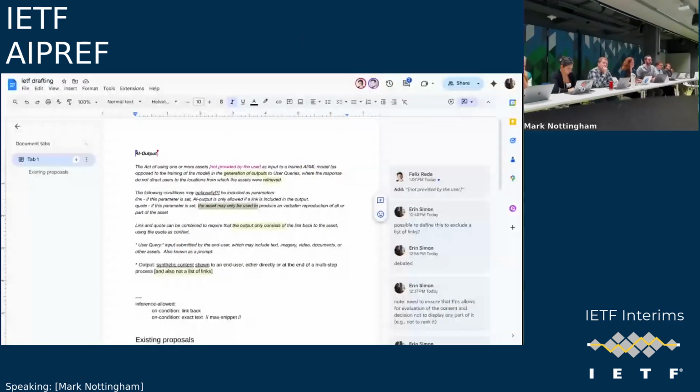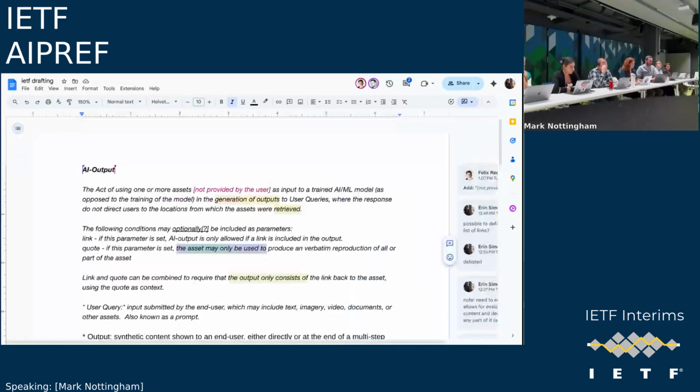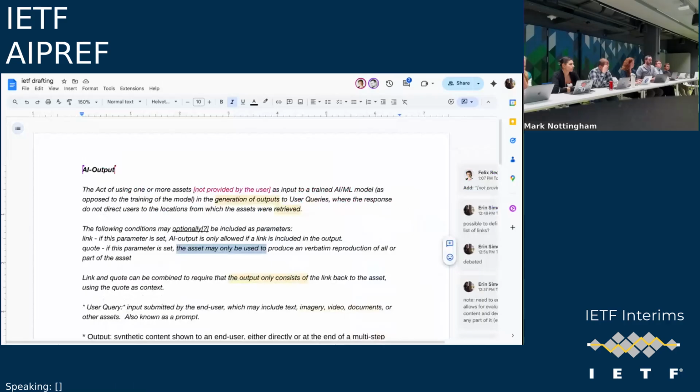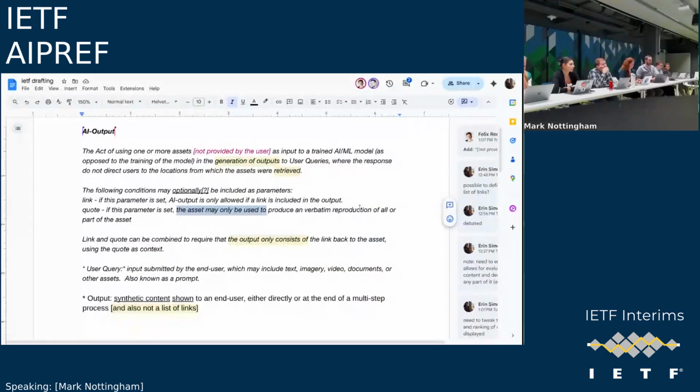That is why we propose to include a list of parameters in this category. If you say AI output, yes, you may use this content for AI outputs, you can set certain conditions. For example, the AI output has to include a link back to the content used, which would exclude an AI summary that doesn't link back at all. But publishers may also want to exclude certain AI summaries that do link back. So we would have an additional parameter called something like quote, which says that if you use this content in the AI output, you have to represent it as an exact quote specified by the person setting the preference.